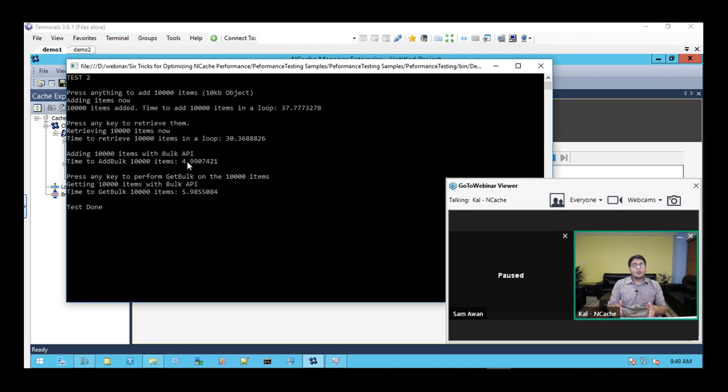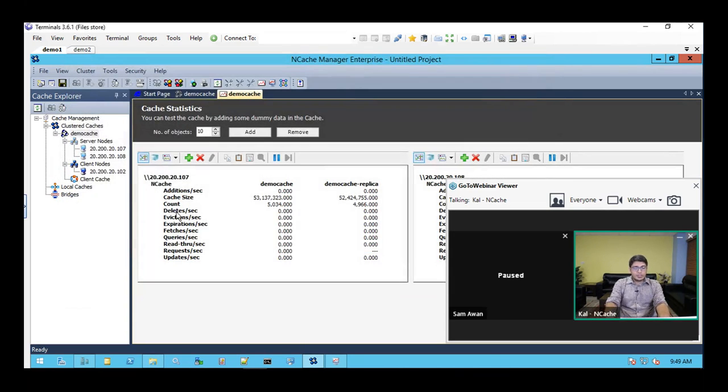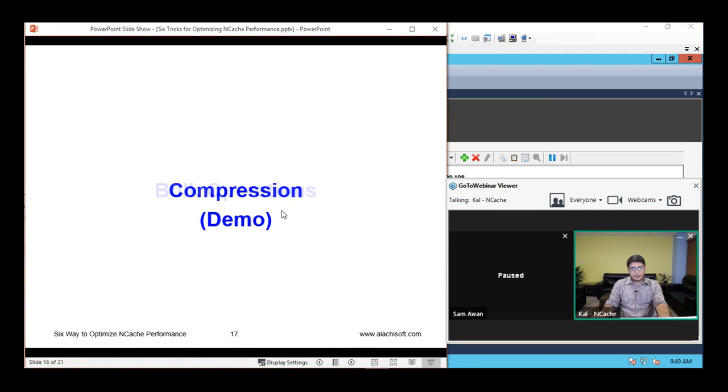Using this, you don't need to run that same call again and again. You don't need to go to the cluster cache every single time. You can make a collection of all those operations that you need to perform, and using the bulk API, you can just add them into the cache. So now our bulk test is done, and I can go back to the presentation.